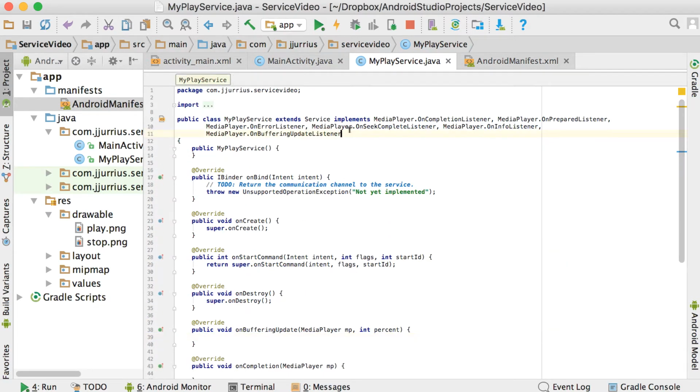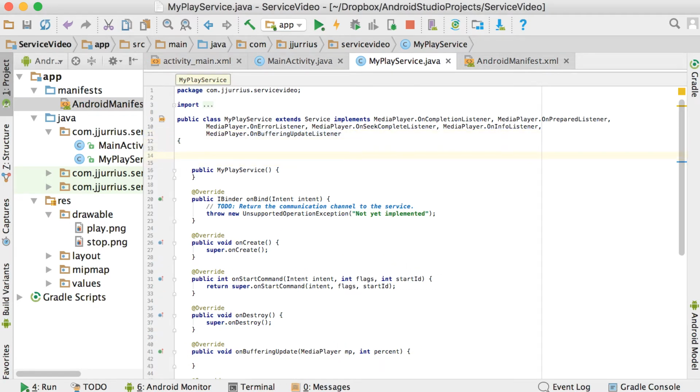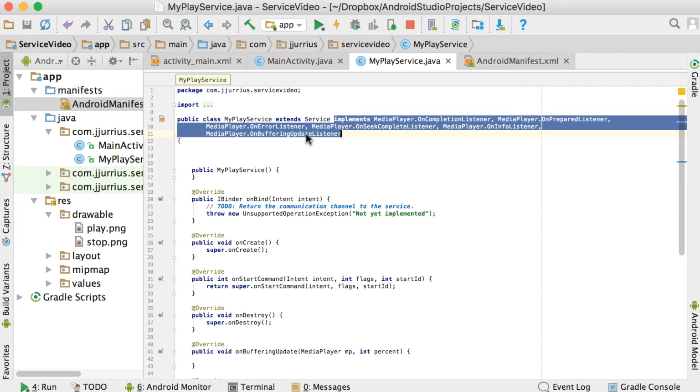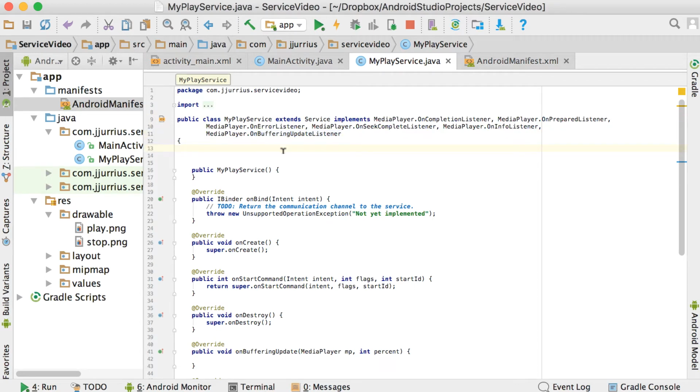Okay, so now let's add a few declarations at the top after all those implements. So these are all of the interfaces that we're going to implement while using this service to play back music. If you're using this service for anything else, you will probably not have these implements there. Okay, so